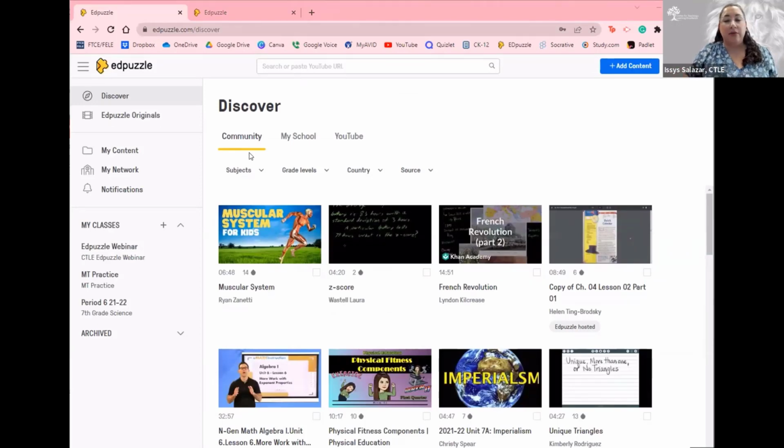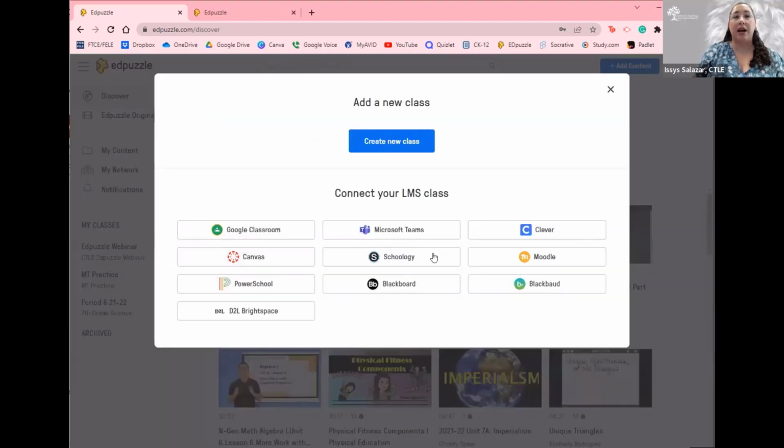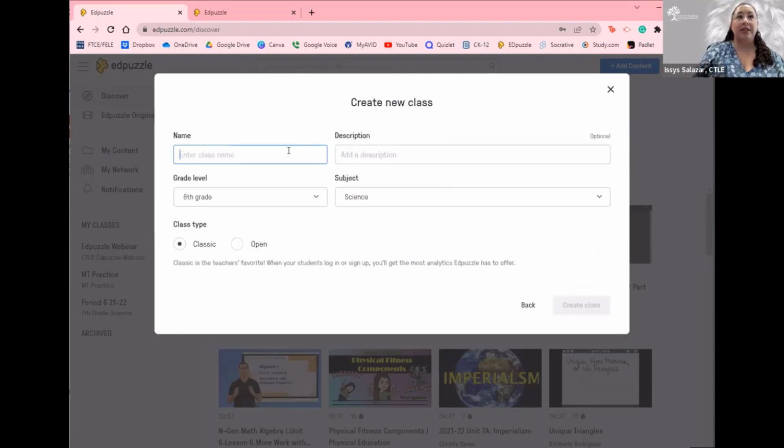Creating a course on Edpuzzle is actually quite simple. On your dashboard, you go along to the left side of your screen where it says My Classes. You can click on the little plus symbol and it'll prompt you to create a new class. Here you can have it directly connected to certain LMS systems, or you can just hit create a class and then send your students that link externally rather than connecting it. So you'll create a new class, you'll enter the course name,